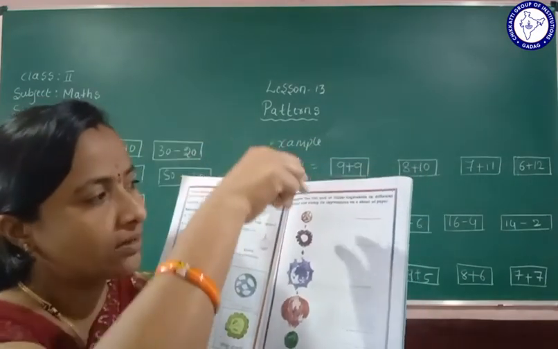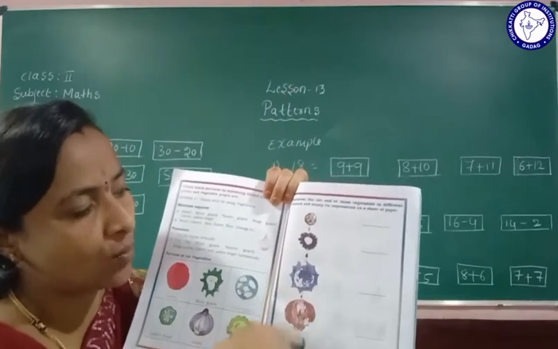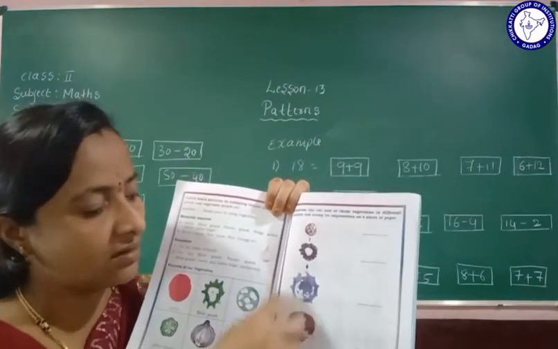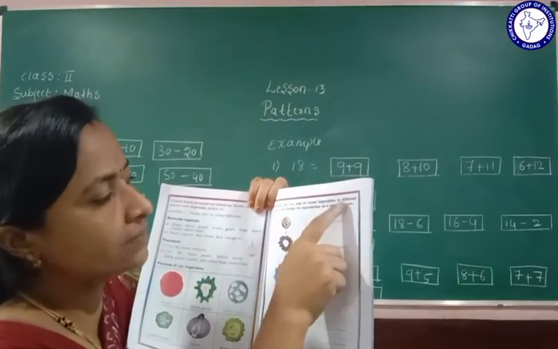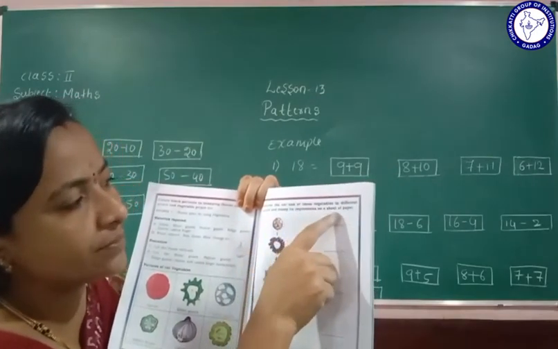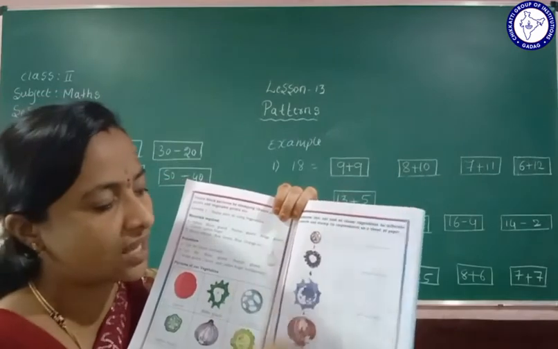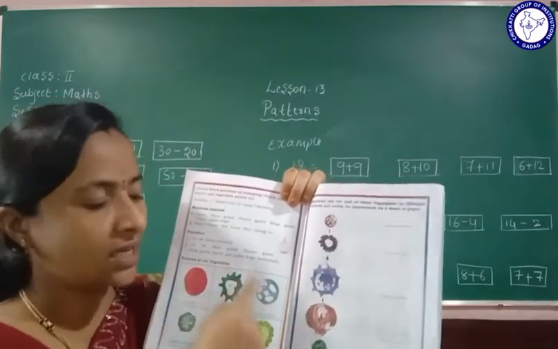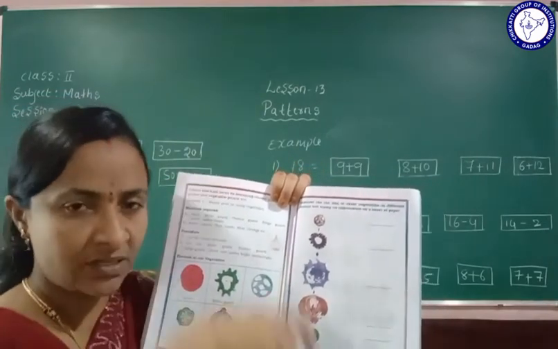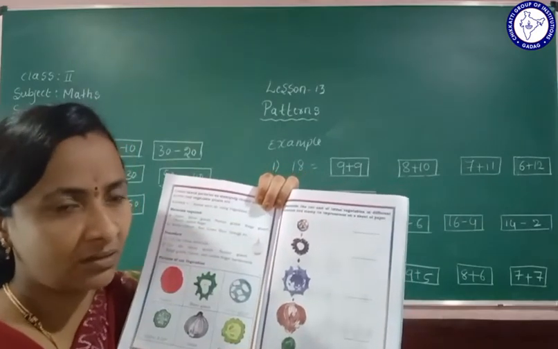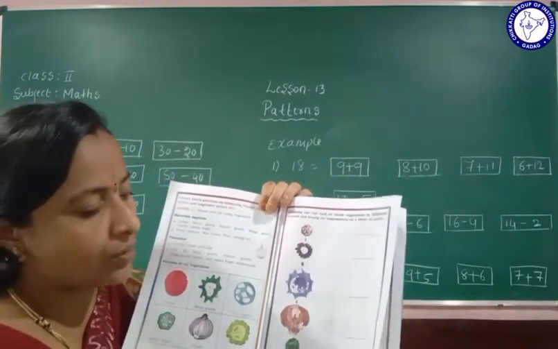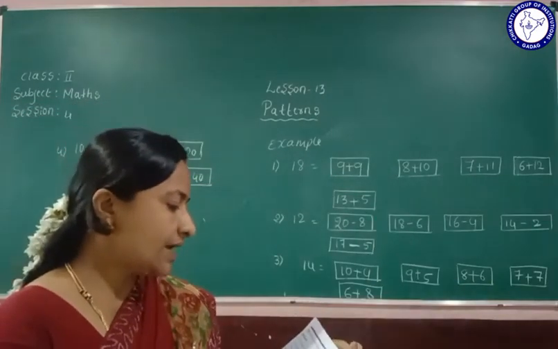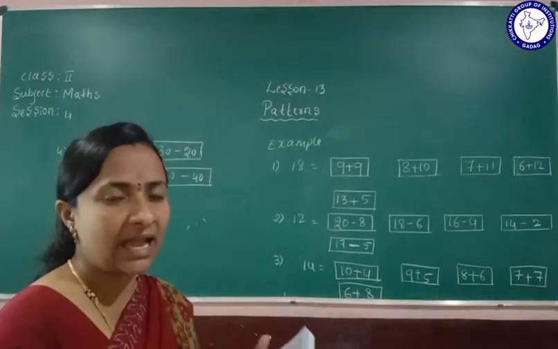So you can put here like it is stamped like this. These are all vegetables, colored vegetables. Here, see, immerse the cut end of the vegetables in different colors and stamp its impression on a sheet paper. The same way it can be done here. So take all these vegetables and impress them in color, and it can be stamped in here. Understood? Okay. And stamps too can be given here. So that is the activity.